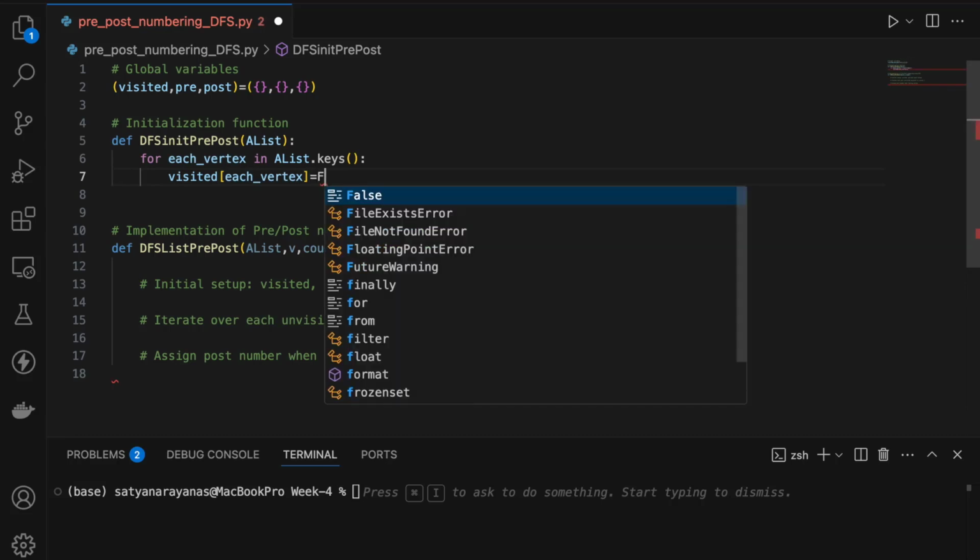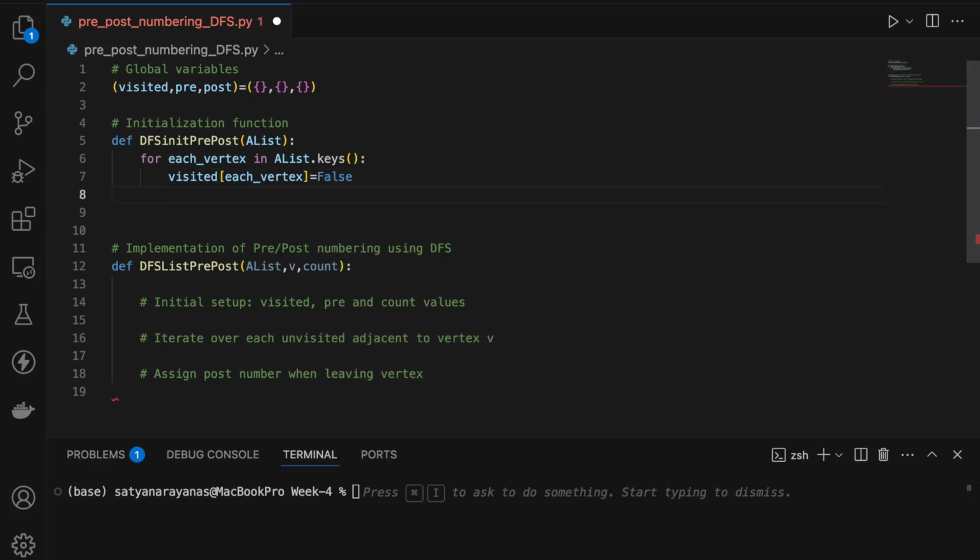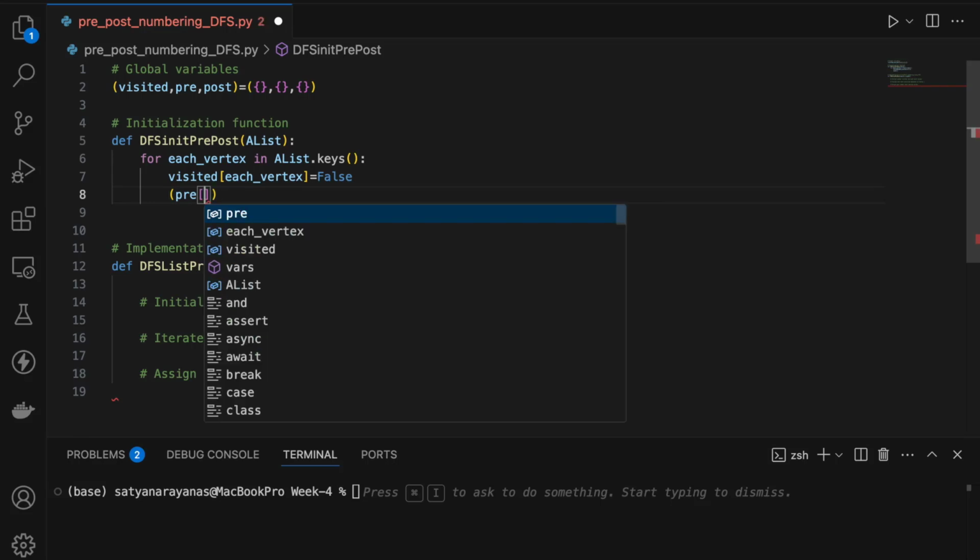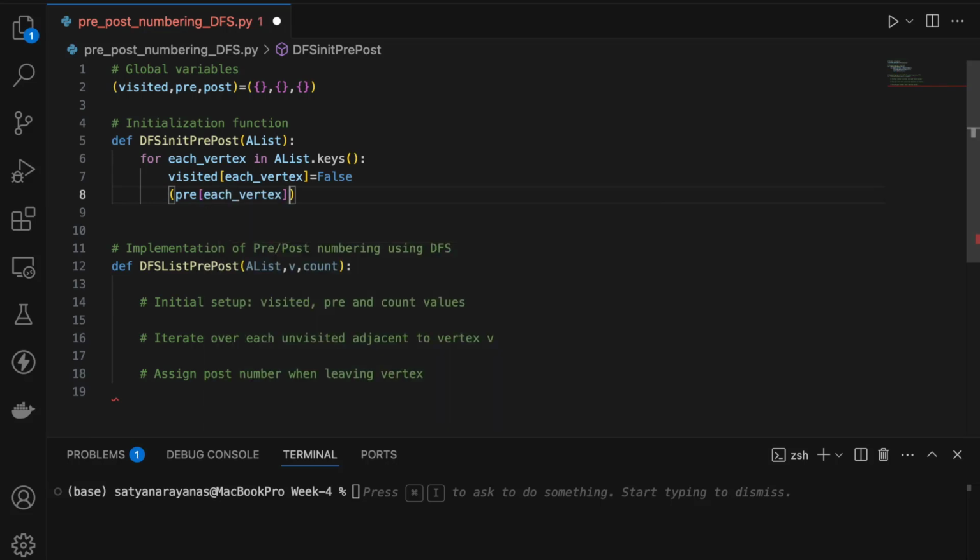Initially it is false. Then after it, the pre and post. The pre dictionary holds each vertex, and the post dictionary maintains the post value. For each vertex we want to set the pre and post values. Initially it's going to be -1 and -1, because initially we don't know the tracking of each one. So the root also is -1. Later when depth first search starts, the root will get pre-numbering as 0, because -1 will